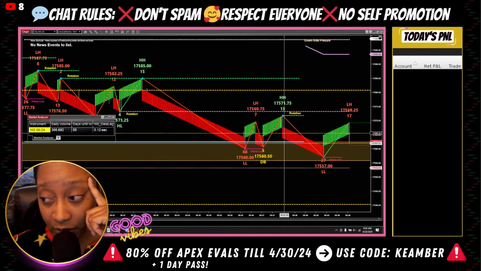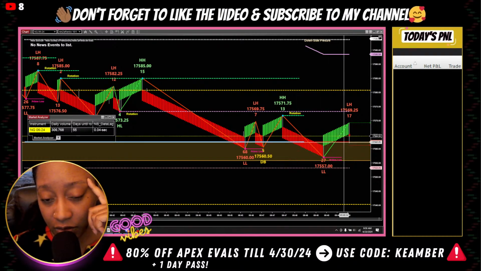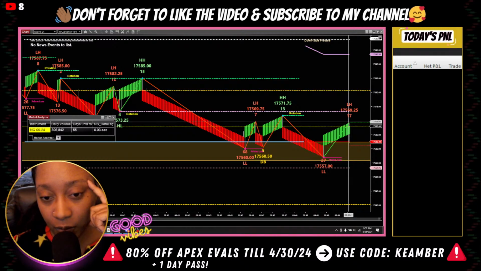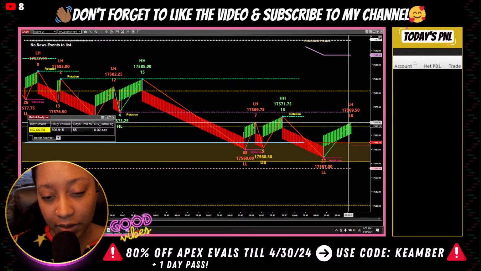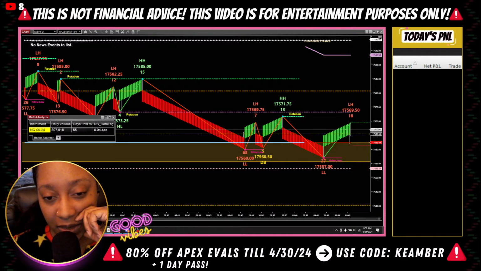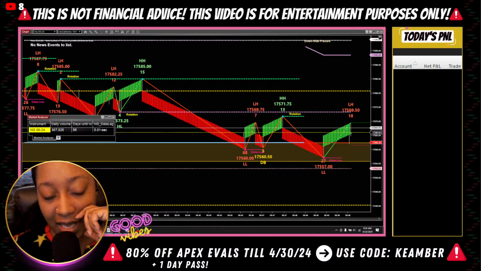red level that was support and now turns into resistance is touching on the buy, or it would be green touching on a sell. So that other one was way different. I definitely could have taken it. But like I said, it just doesn't happen often. It happens more like